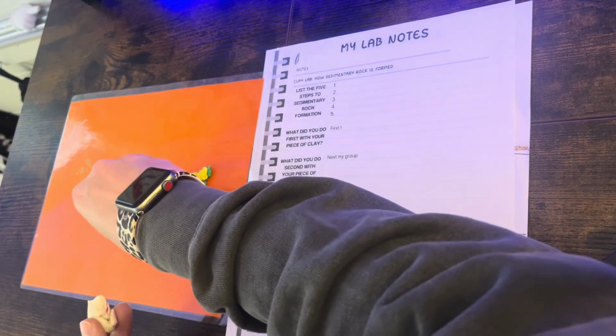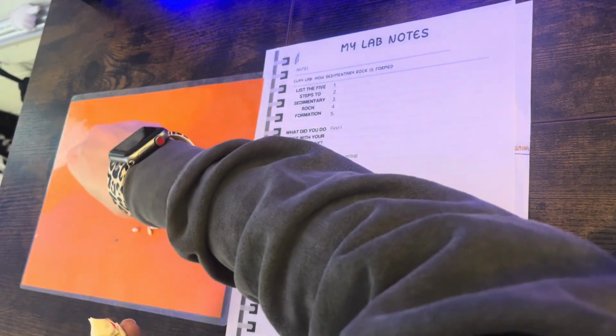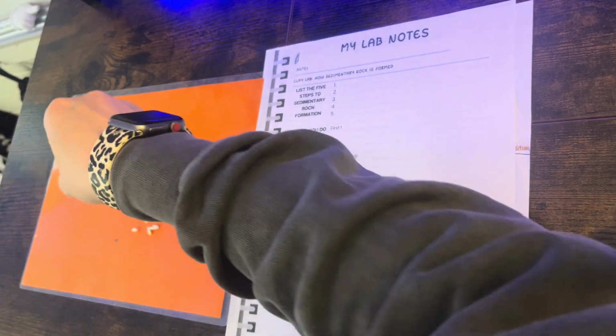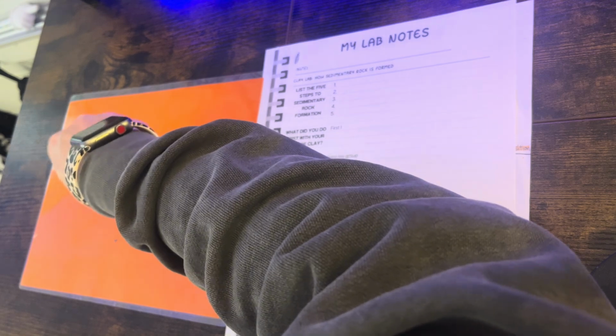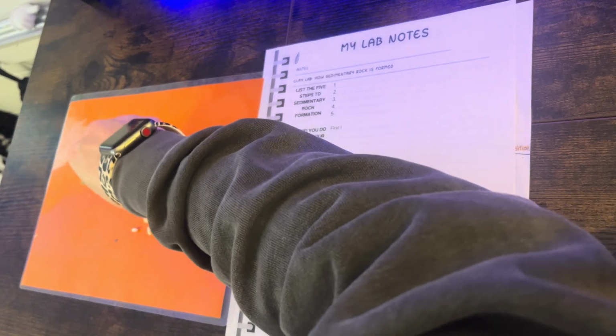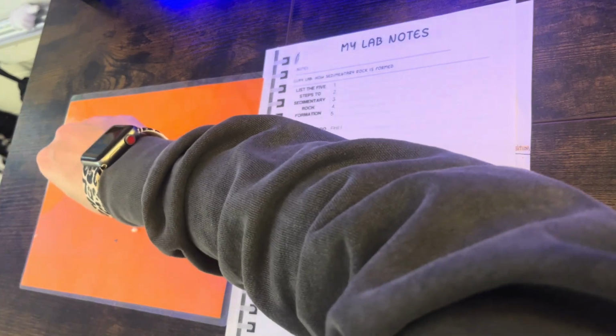Is it so hard to keep it balanced? You don't have to keep it balanced. It's not supposed to be perfect. Sedimentary rock is not a perfect uniform rock, right? I'm doing some just like layers, skinny, some rocky, and some like